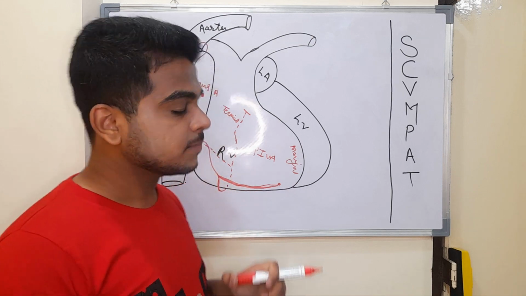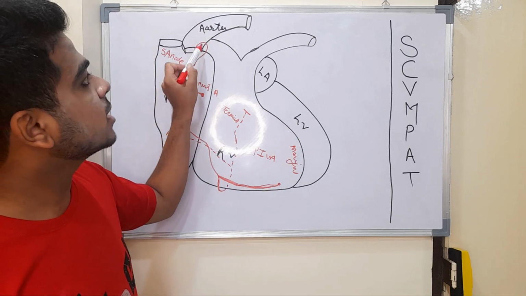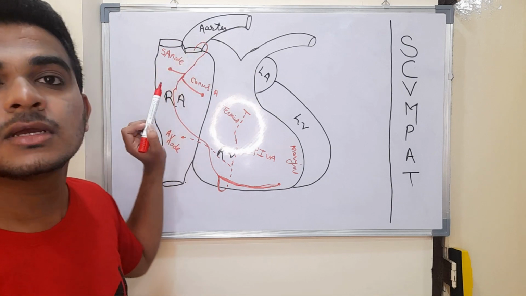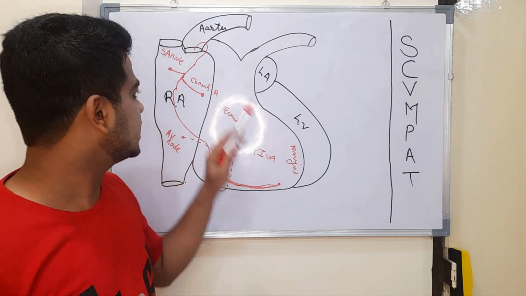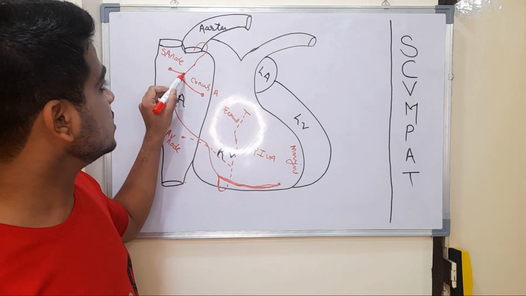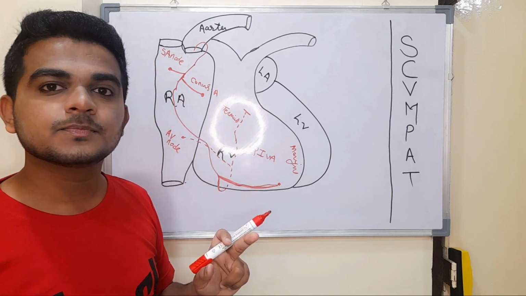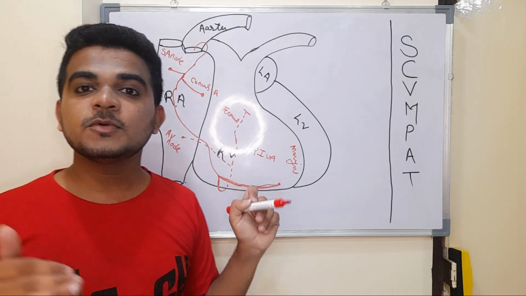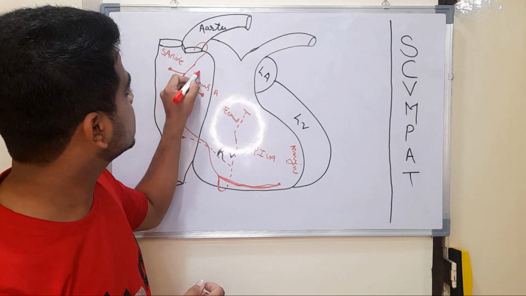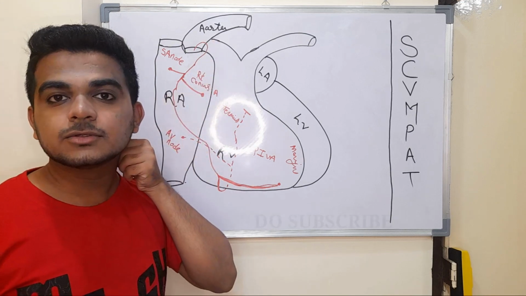So that is about the branches of the coronary artery. Pay attention. From the aorta, through the aortic sinus, from the anterior flap, the right coronary artery arises. It comes onto the surface of the right atrium, emerging on the right atrium, and it gives its first branch to the SA node, that is called the SA nodal artery. Then it goes downward, but before going downward towards the left side, it gives a second branch, the right conus artery. Why is it called the right conus artery? Because it is a branch of the right coronary artery.